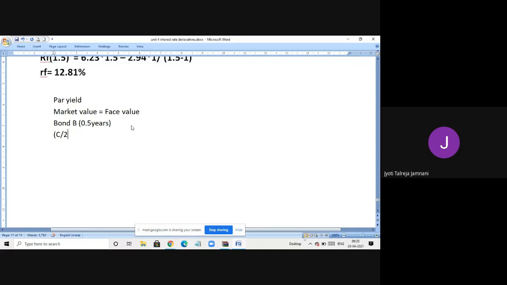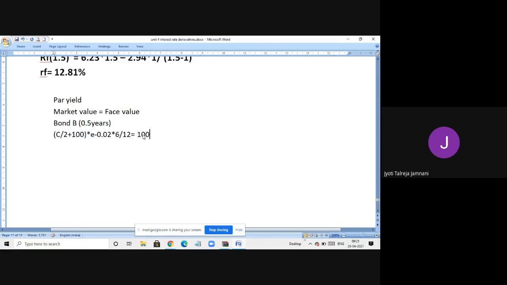Okay, so because the maturity of the bond is also half year, I'm going to get interest only once, half year interest, plus the bond will mature in half year. So I'll receive my first interest as well as my principal amount. So this is the total which we are going to receive into e raised to minus RT if we have to find the present value of the bond. So into e raised to minus R value we have found out for 0.5 year bond, which is 2%, 0.02 into 6 by 12. So this is the market value of the bond. This part of the equation that I have written should be equal to the face value of the bond.